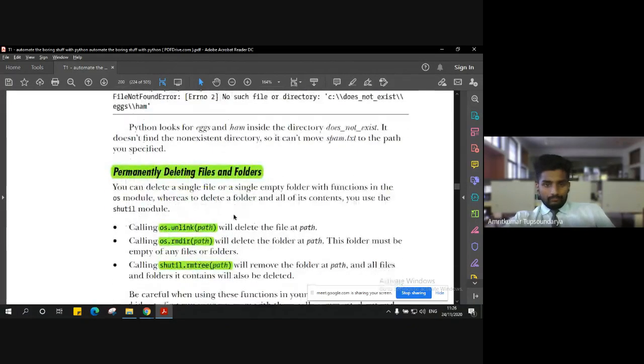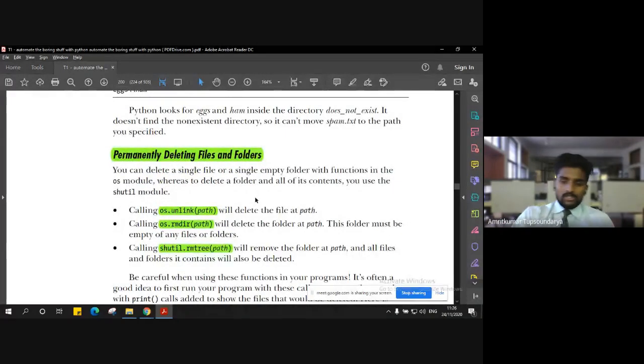Right, so moving ahead, let's see how we can permanently delete these files and folders. There are multiple ways to do it. You can unlink the path. By unlinking, it means that that location will not be linked; it will not exist.